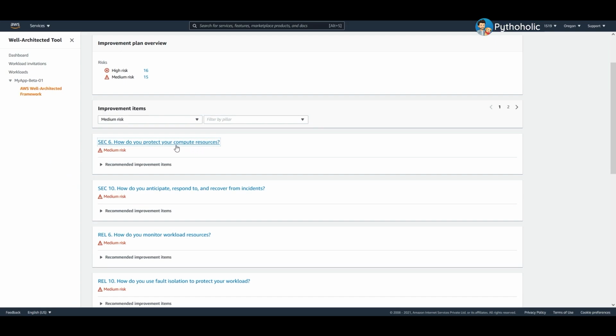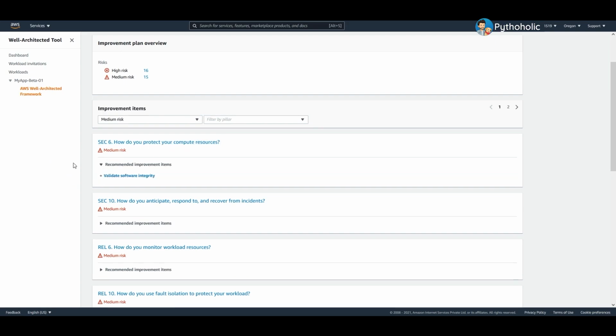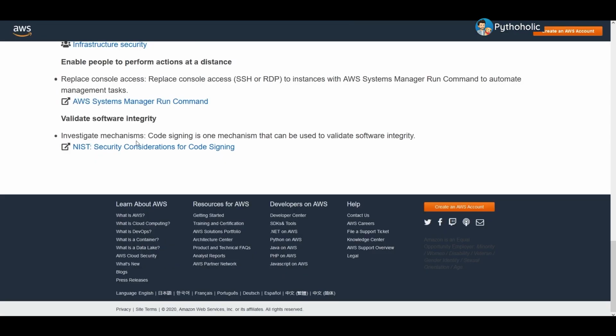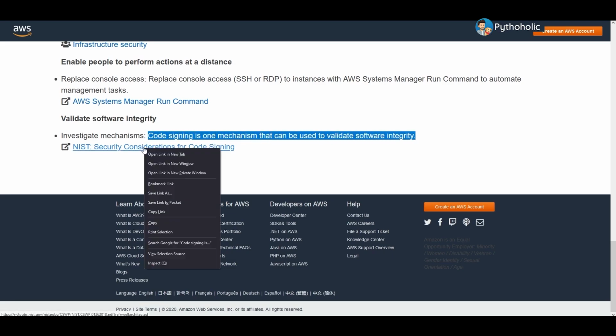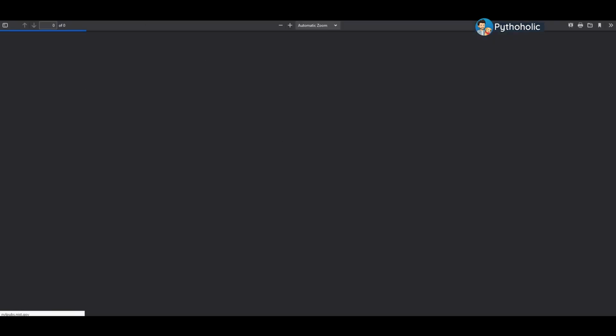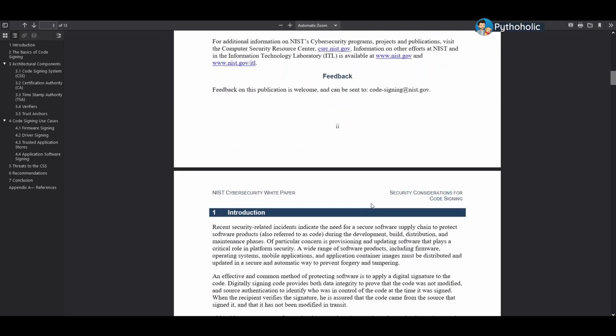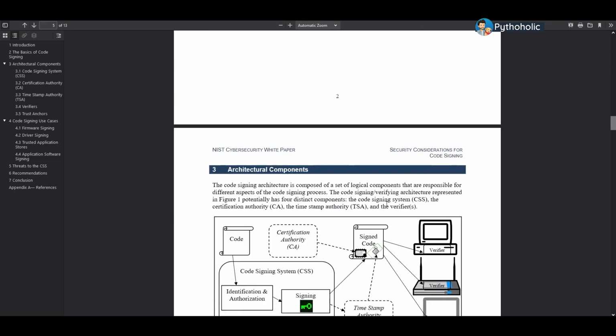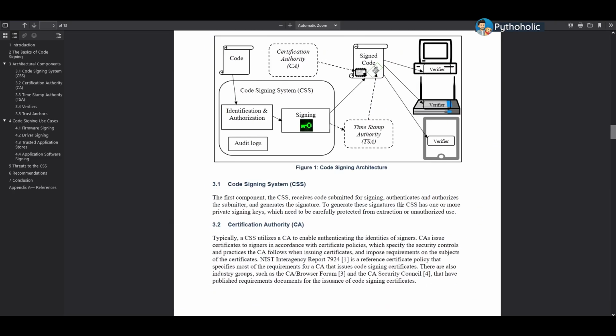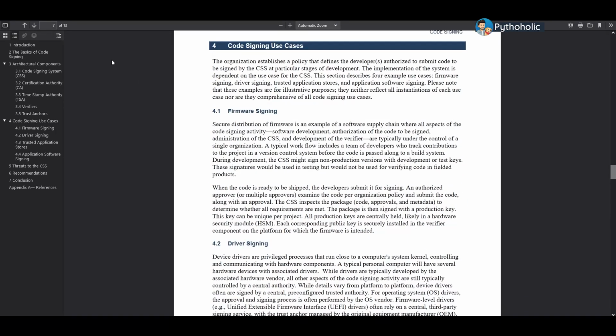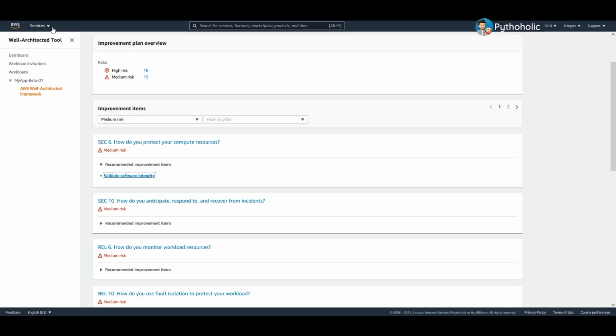How do you protect your compute resources? The recommendation that you have is validate software integrity. For this, AWS tells us that code signing is one of the mechanisms that can be used to validate software integrity. They provide the link for this as well, so you can open this. This is a software consideration for code signing. You can read through this and get to know more about how you can protect your code. Once you have done this, you can come back here to the tool